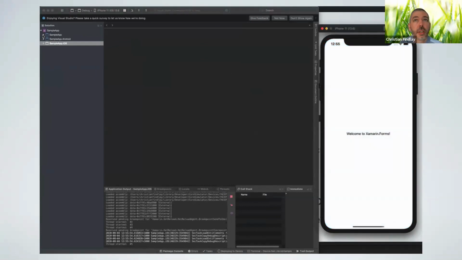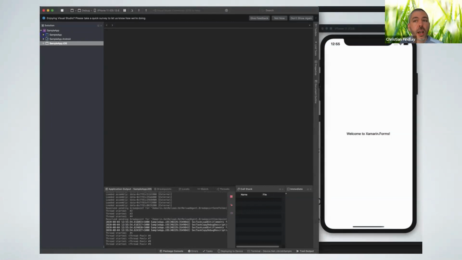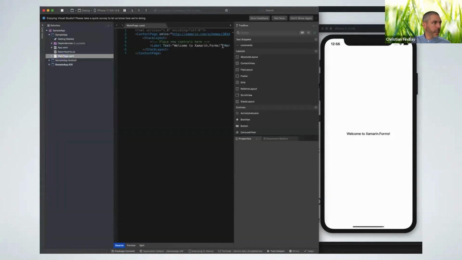Okay, so this is running on iOS. For those who haven't seen, this is what XAML looks like on Xamarin Forms or MAUI.